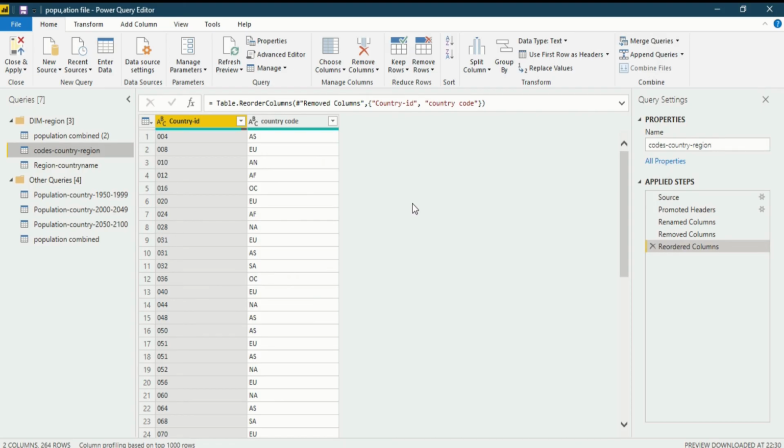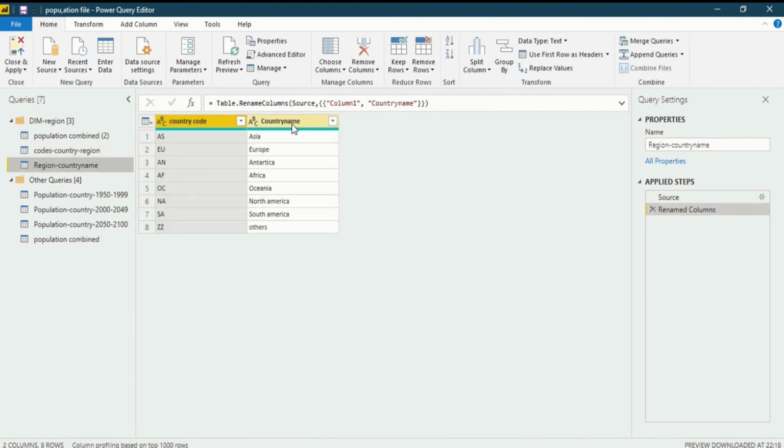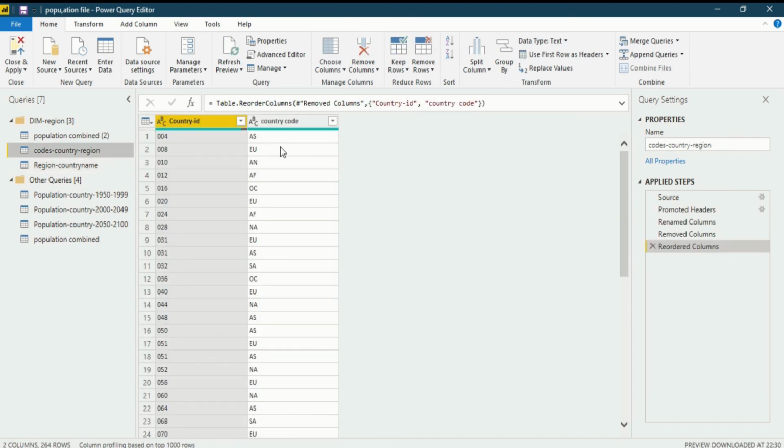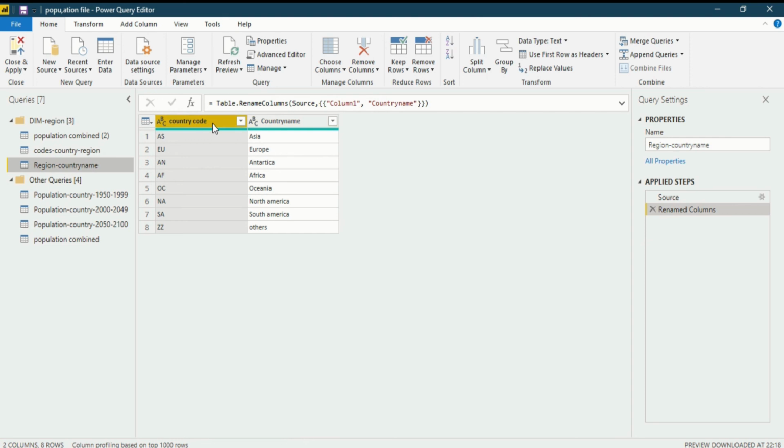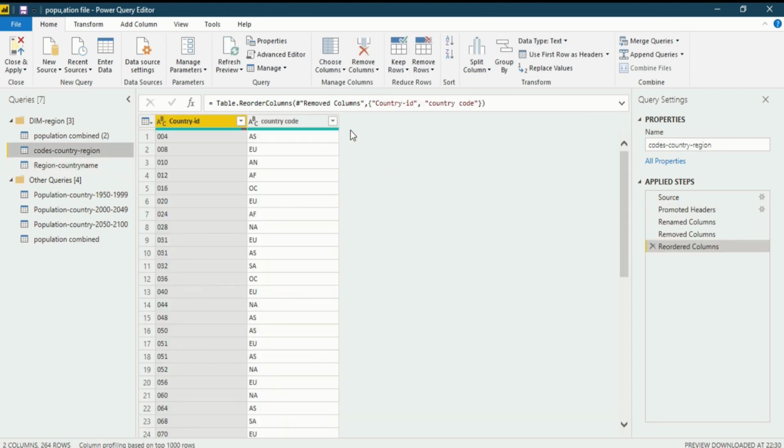Now we are in Power BI Desktop, in the Power Query Editor section. I want to merge these two queries. In one you can see a country name and country code, and in the other you will see a country ID and country code. In both queries the country code is common, so I will join on the basis of country code, and the country name will be joined as a merge query in this section. So how will I do that?